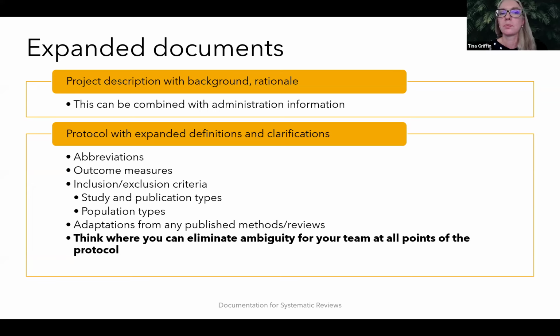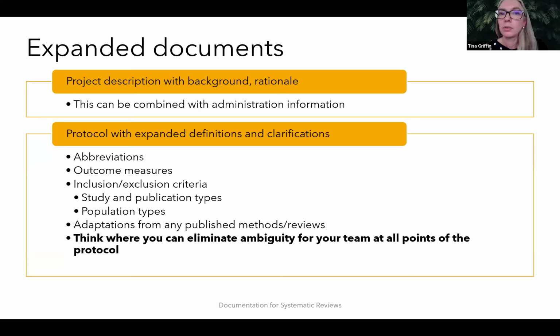The other thing with an expanded protocol is that it gives us a place to put all of our question answers and decisions. And it can all be in the same place. So you just expand on it as you go along. And that makes writing the manuscript later easier, and answering reviewer questions later easier as well. The type of things, and this is just a sample of things that come up at various points, either through the systematic review process or from reviewers,